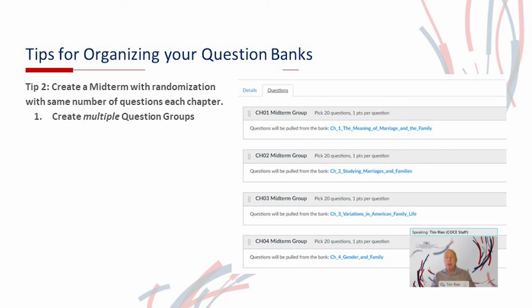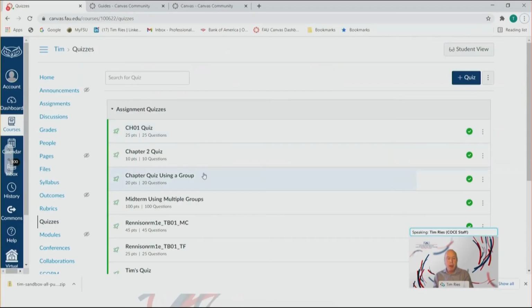And that way you're ensuring that not only are you getting completely randomized and an equal number per chapter, but that every question that's being served up to the student is something that you've covered and already pre-vetted. So, that's pretty easy to do. You follow the same procedure that Mary covered. So here's a midterm,